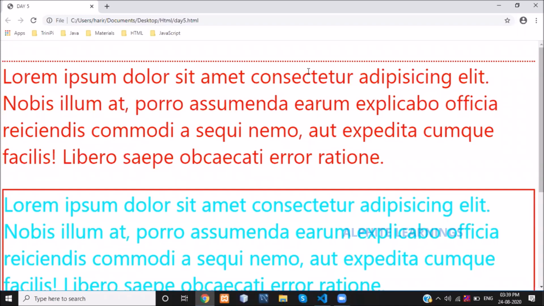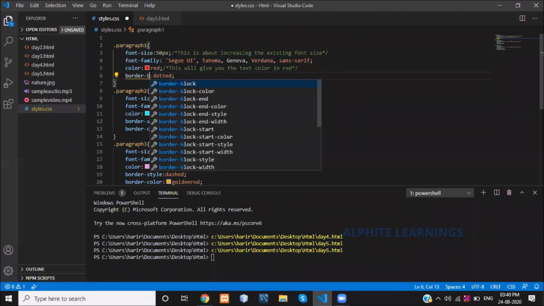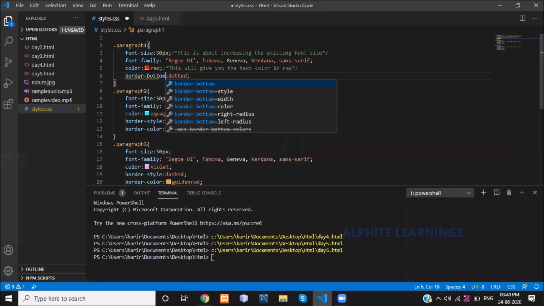See, it gives the dotted line border only at the top of your paragraph 1. This is all about the top portion. If you want it at the bottom, just remove this top and add bottom instead of top.